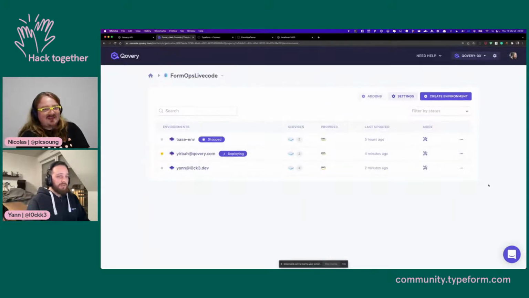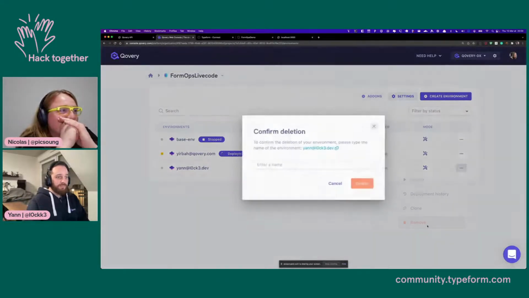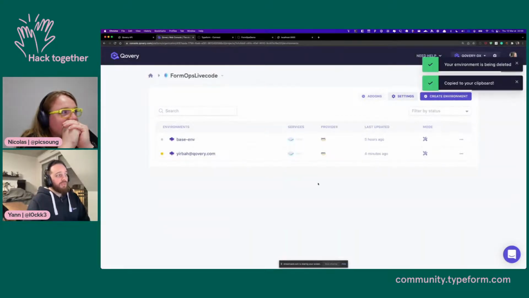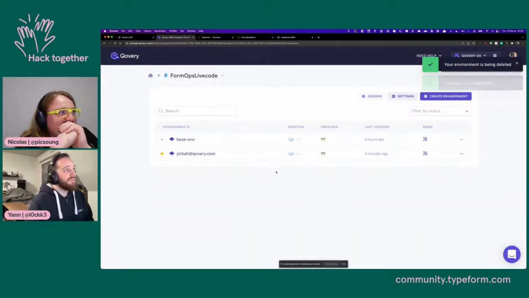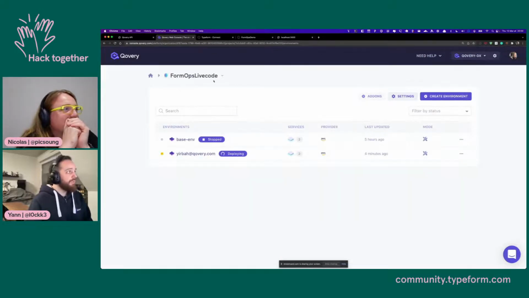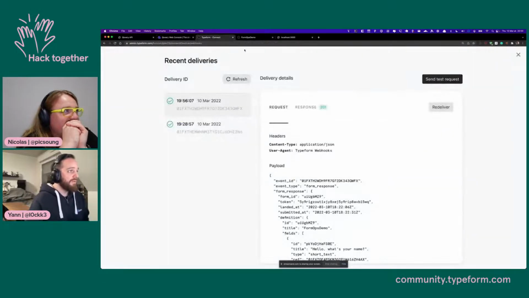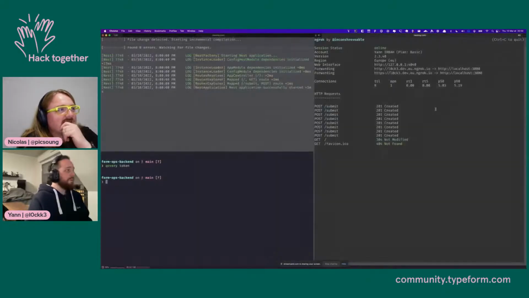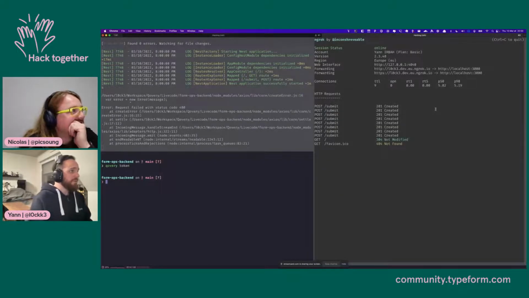Okay, so let's delete again. If I was really developing against an API, I would have tests, I would mock the API to avoid doing all these things. But right now we are kind of hacking, so it's okay. So if I deliver the payload,